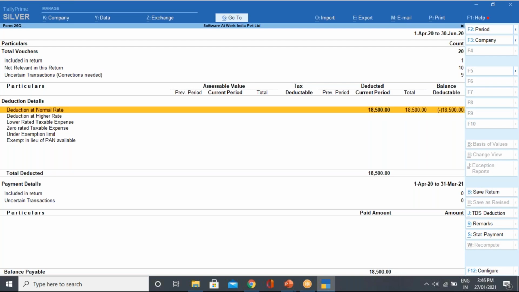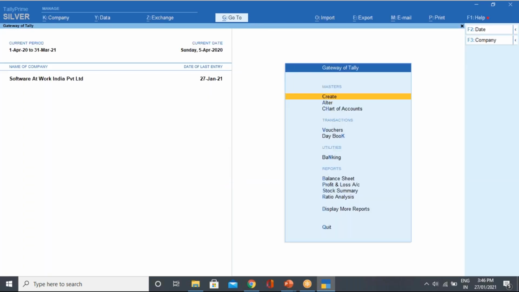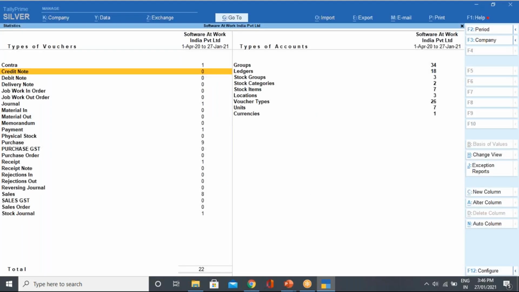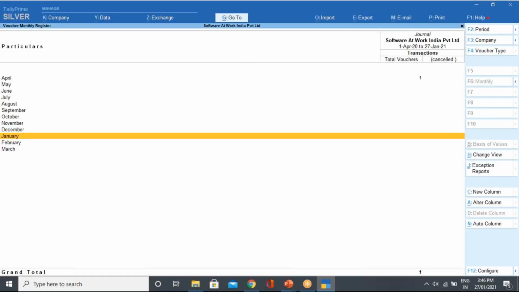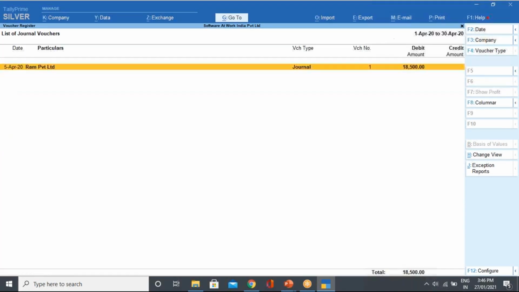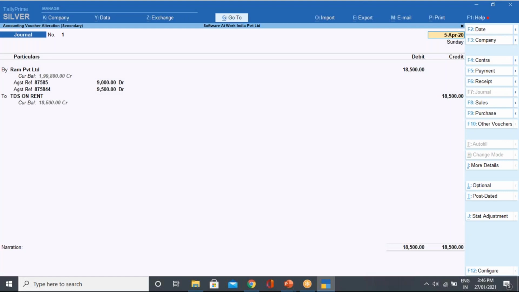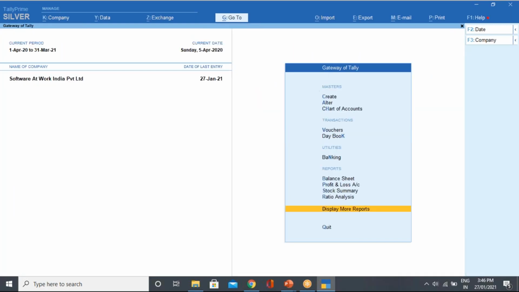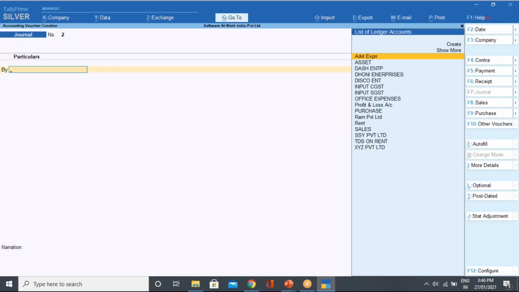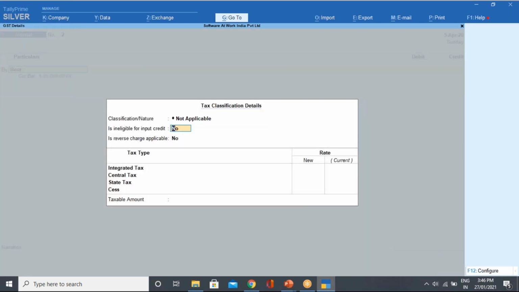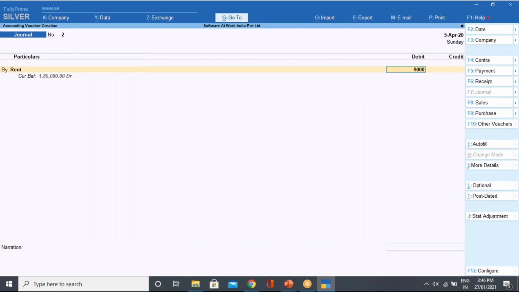So it will come at the normal rate right now. If you go to the DSS journal, you can see the journal which has automatically been passed. So this is the journal in the April month. So it got passed automatically. Okay. So even though you can pass this kind of entry via JV, you can directly go to the journal. Okay. Under the journal, you have the journal number. You can click on the party name, party expense account debit to party. First select your expense. Rent is your expense. So mention 90,000 as expense.